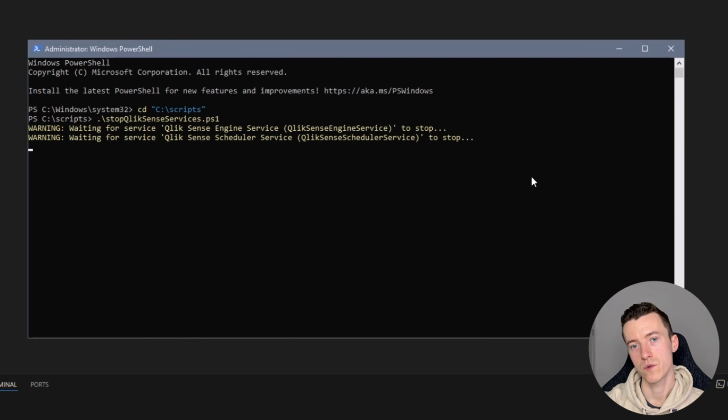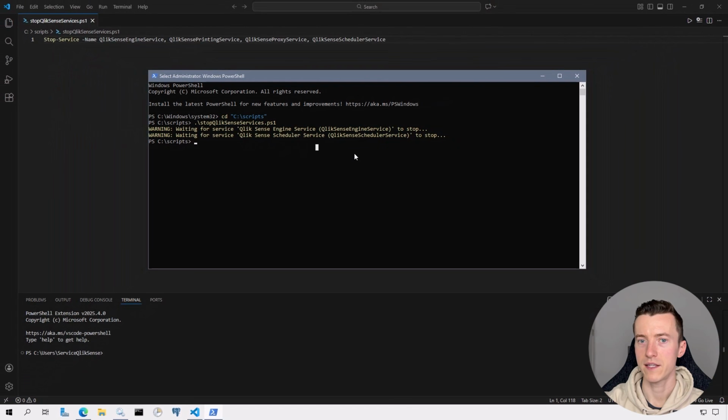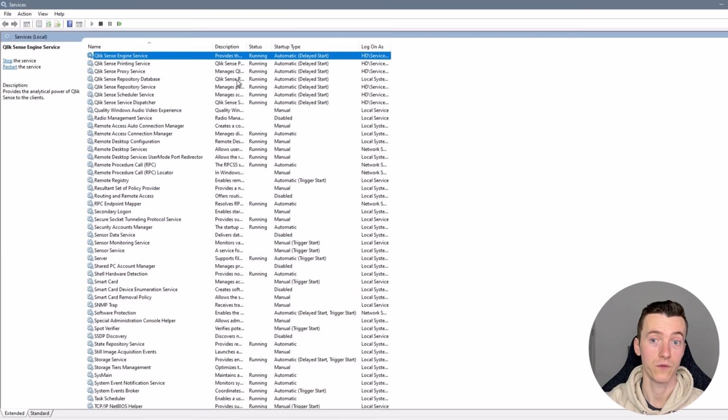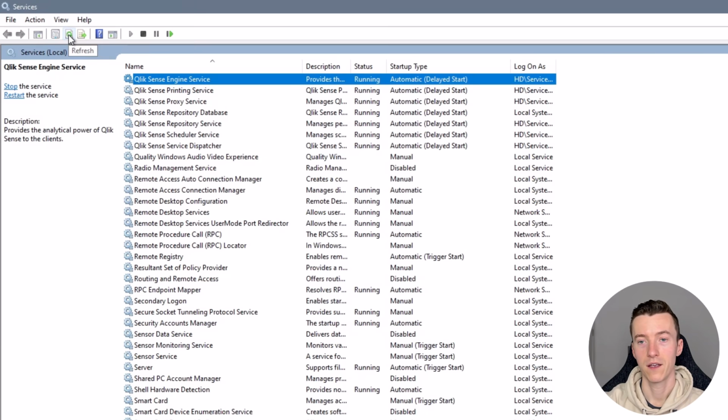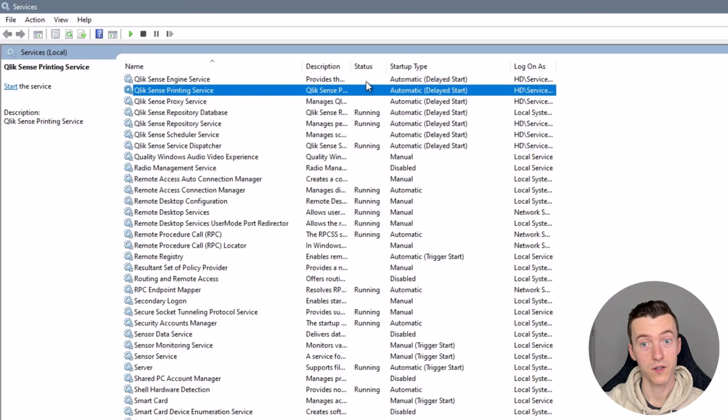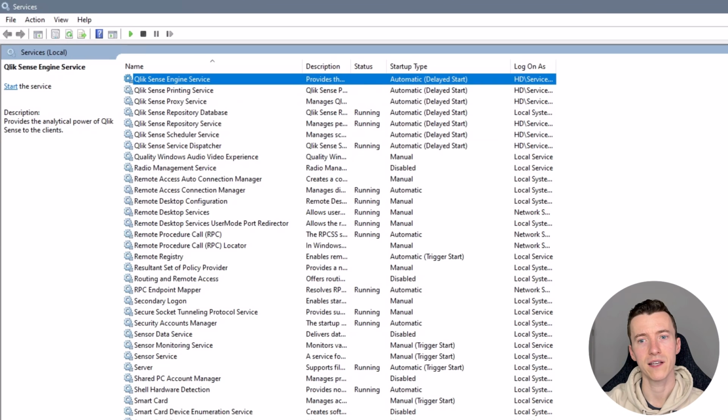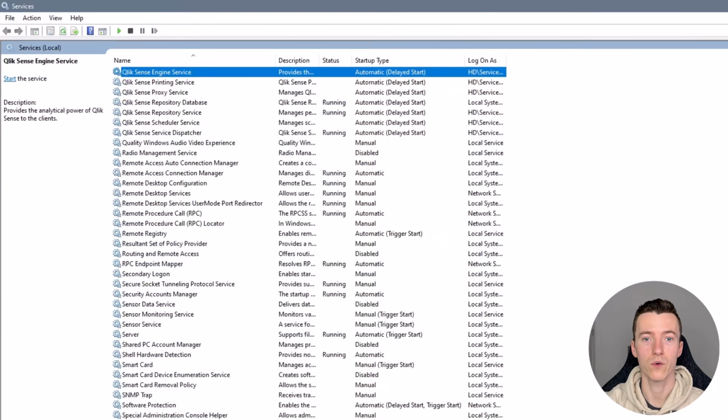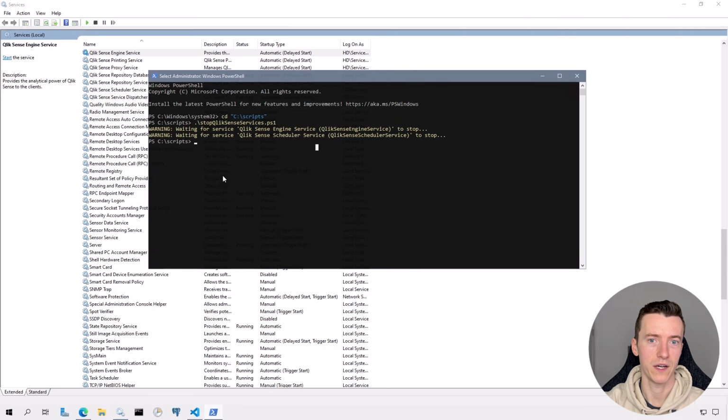Okay, so not a whole lot of info here, just some warning messages telling us that services are stopping, and that's it. Let's refresh the services app to see what happened to the 4 services. And look at that, they are no longer running. So the script works, but it's not really telling us what it's doing or if everything is fine. We just have to trust that it's